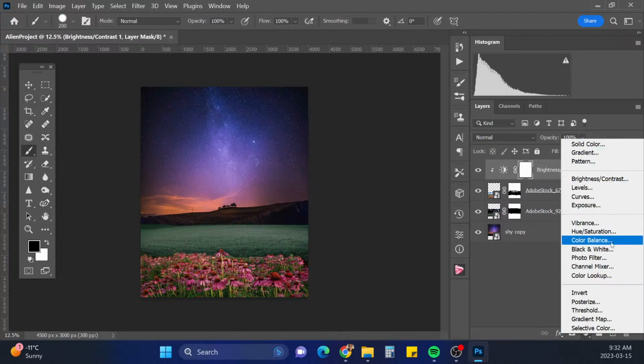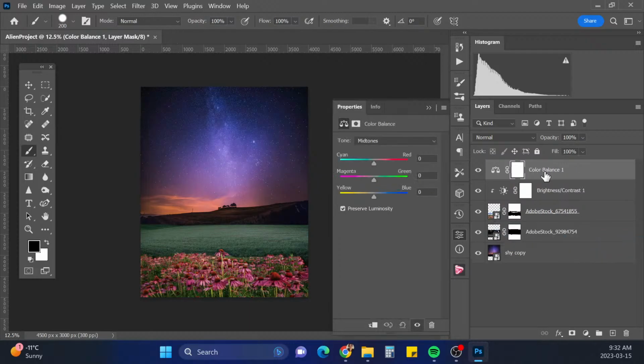And color balance. Right click on that one. And I want to bring a little more of the magenta in there. And a little bit more blue. And a little cyan, maybe?